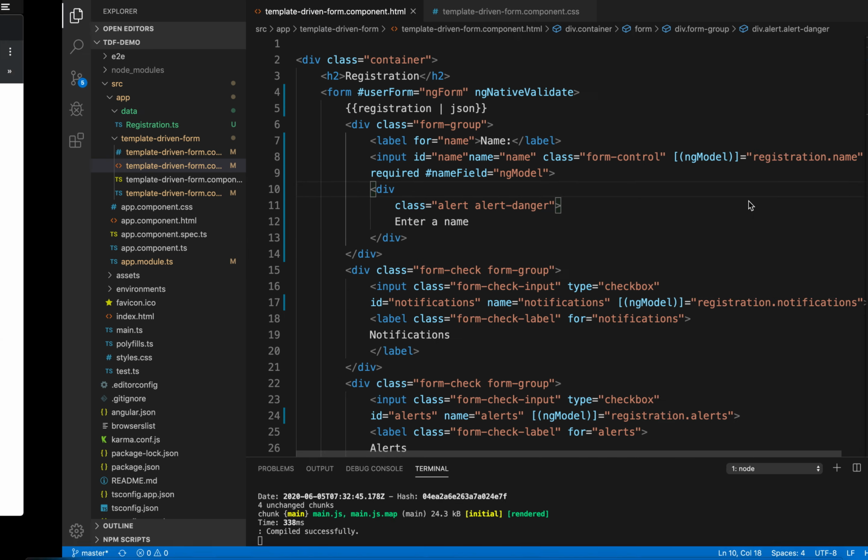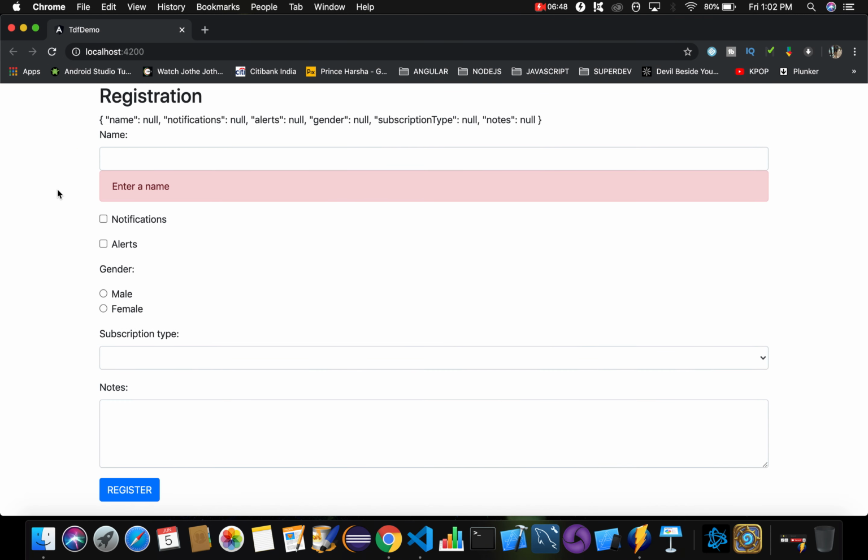Let's save the changes and observe the web page. Now if you reload this web page, you can see that the enter a name validation error message is getting displayed before I have entered anything. For this name field, I have not specified any value. Before specifying any value, it is showing this validation message, which is wrong, right? Because I want to display this error message only in case I have not entered anything. I don't want this validation message to appear once I load this page. After loading, if I am not entering any value for this name field, then I want to display this message.